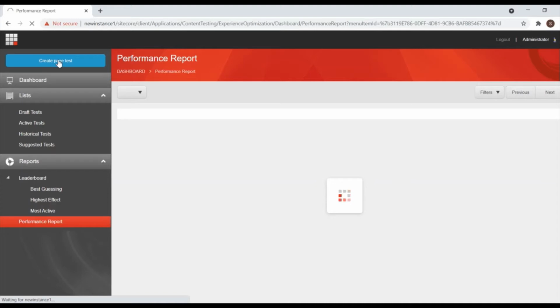I have two items, item 1 and item 2, two different pages with different contents, and I'm just testing them against each other. You can test any pages or two versions, or you can create new versions. This is normally called A/B testing: you are testing one version or page against another to see which version is better.